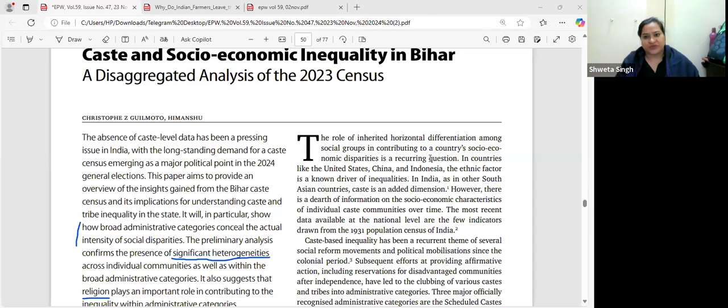So among social groups is contributing to countries' socio-economic disparities is a recurring question. Now, this sentence can be used wherever there is a dynamic between diversity and inequality, any question which is talking about diversity and inequality, or any question which is talking about how social differentiation has encouraged social conflict, like caste-based differences, religious differences, ethnic differences, how it has led to any kind of conflict or disparity, whether in GS paper 1, Indian society,